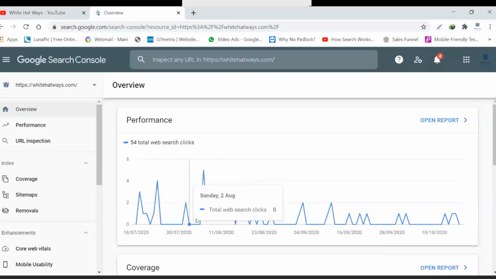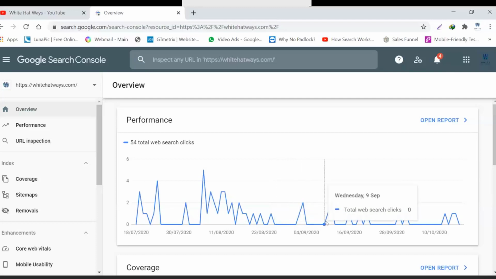Now let's see which was the day when I got the 5 clicks, which is 6th of August. As you can see, it is rising pretty high over here. So 5 clicks I got on 6th of August. Then again on 8th of August, I got 3 clicks. There are times when I am not getting any click. So you can see from 26th of August till 1st of September, these are around 7 days. Throughout these 7 days, I have not got any click, and the entire period remains with 0 clicks.